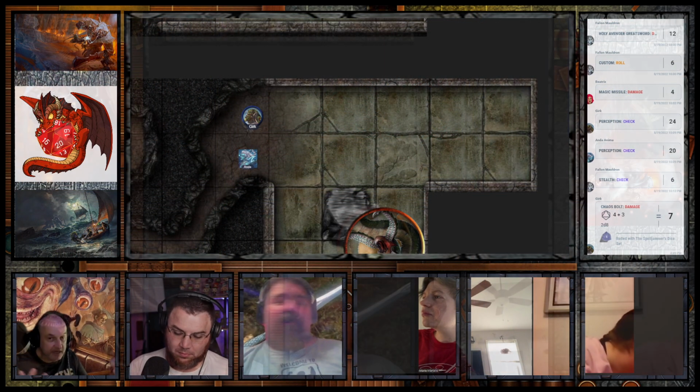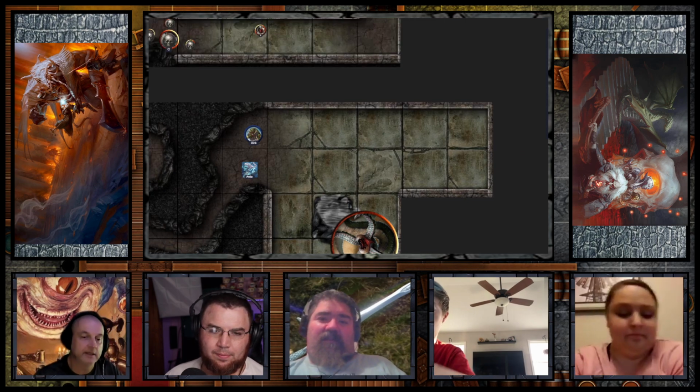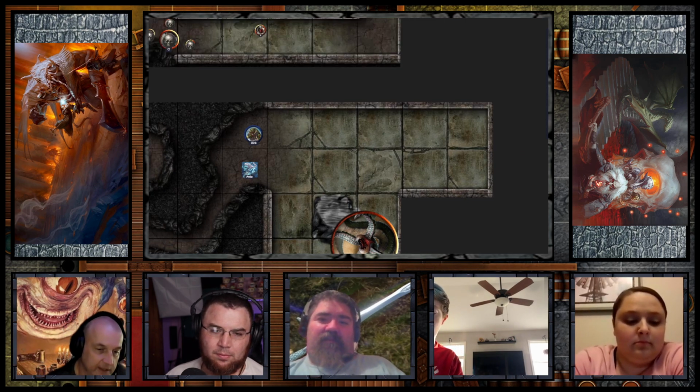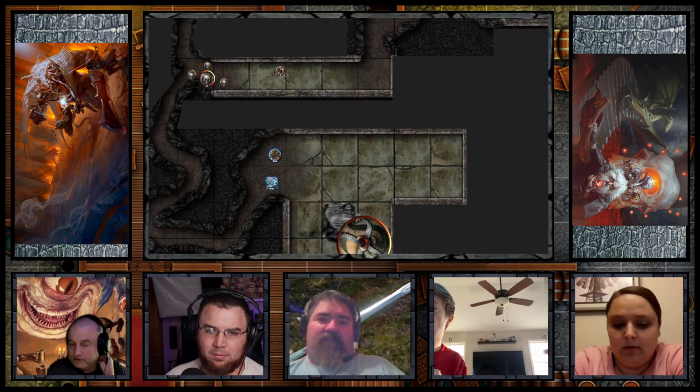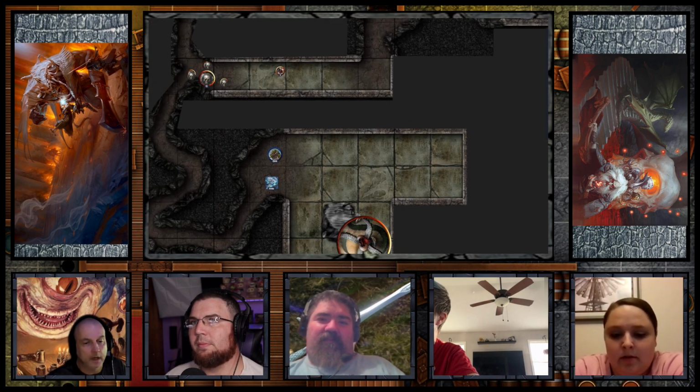Let me re-describe where Anda and Girk are again. There is a sleeping Grick who is very much bigger than the ones y'all encountered before, so hence maybe the Alpha Grick. He's got a full tummy. Probably snacked on those goblins out there, the one that's missing a head. And it's sleeping, coiled up